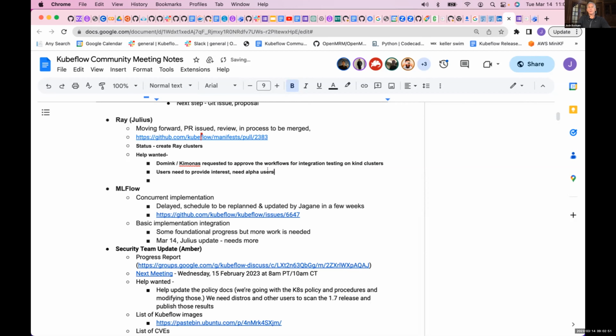I know that there was a lot of interest in some of the posts that we had done. And so when we're ready for the alpha users to come in, I'd like to be able to give them a specific thing to do, like look at this documentation. First we probably need to tell them what it does and what the value of it is, and that it's still phase 1 or early. And then review the docs and give us comments or something, right? So I think we need to set the context of where it is.